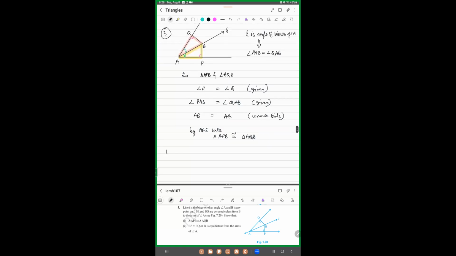You have to show that BP is equal to BQ, which means this side BP is equal to BQ. Or in other words, B is equidistant from the arms of angle A. Equidistant from the arms of angle A. So I hope you have understood that, right? So we can say that corresponding